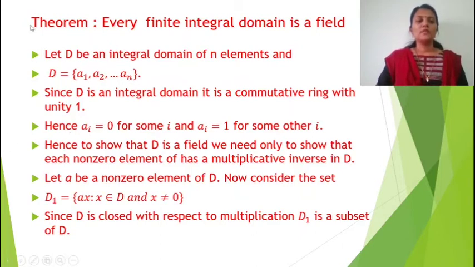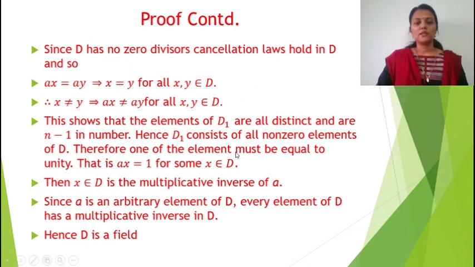So from the beginning, let D be an integral domain of n elements. Given that it is finite, so we take the number of elements in the integral domain is n and we name the integral domain as D. And the elements of D, we can write a1, a2, etc. an. Since D is an integral domain, it is a commutative ring with unity 1. Hence, for some i, ai is equal to 0, and for some other i, ai equal to 1. So there should be two distinct elements 0 and 1, and one of these a1, a2, etc. an is